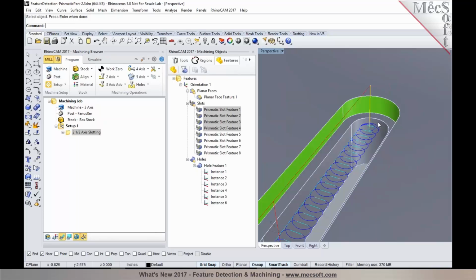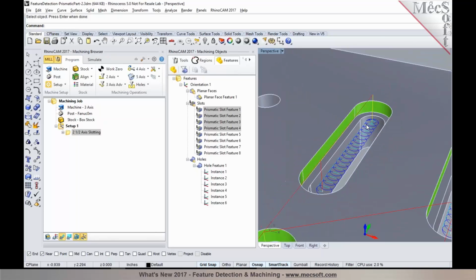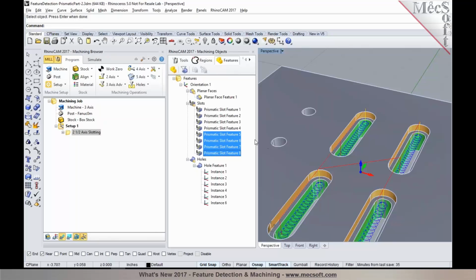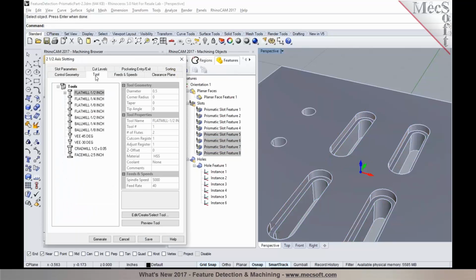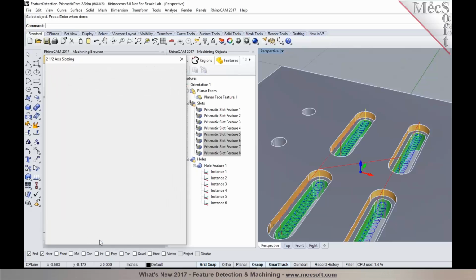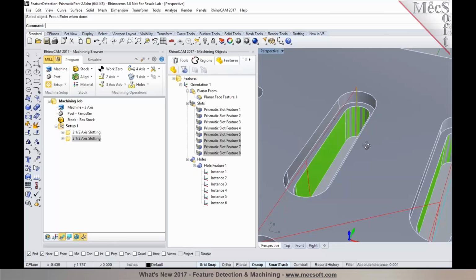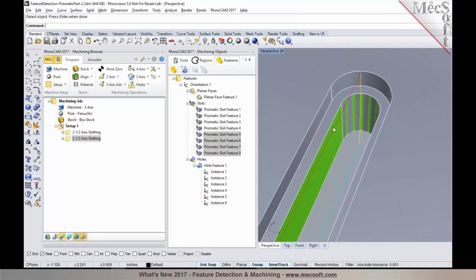So if you have a tool that's exactly the same width as the slot, the tool path will be different, which I'm going to show to you in just a moment. So I'm going to select the second set of slot features in here, right click on it, pick slotting, and I'm still going to use the same 1/2 inch cutter, and then pick generate. So you'll notice that the width of the slot here is 1/2 inch,